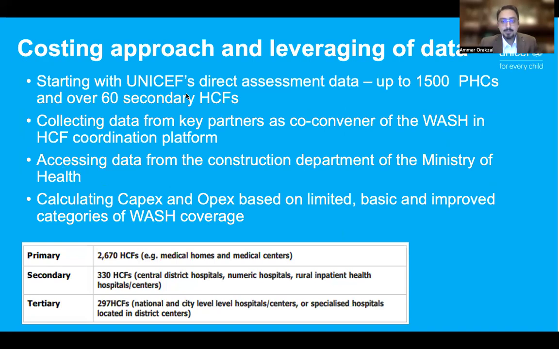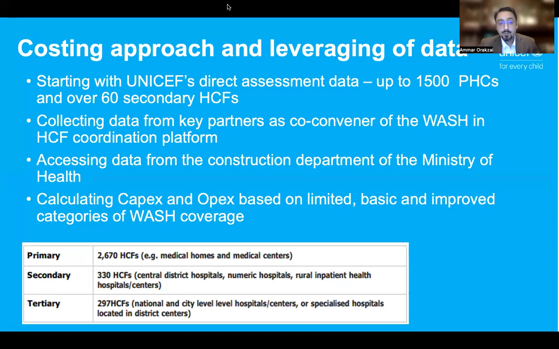So in terms of the approach and how we leverage that data, based on UNICEF's existing presence, which was in around 37 districts around the country, and there are around 66 in total, so pretty much 50% of it. We were already, through financing from the European Union, implementing a project covering around 1,500 primary healthcare facilities and around 42 secondary healthcare facilities, whereas previously we had covered between 18 to 20 secondary facilities as well. So we had data on 60 secondary healthcare facilities and around 1,500 PHCs.